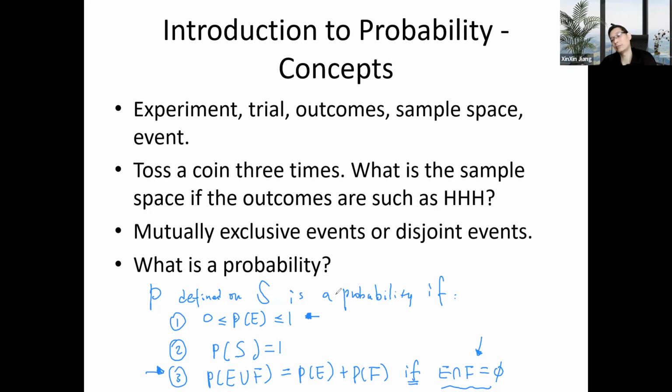In reality, that may not be true. Say in the universe, there's something we are not able to observe, like inside black holes. So in that case, the probability of everything in the universe is not really 1. There are different ways of defining a probability in that sense. But here, I just assume the probability of the sample space is 1.